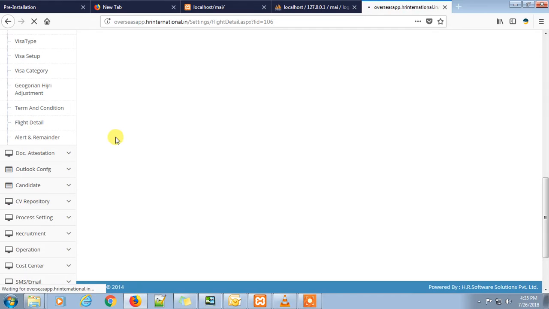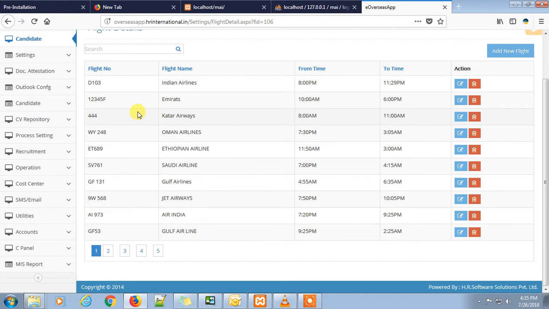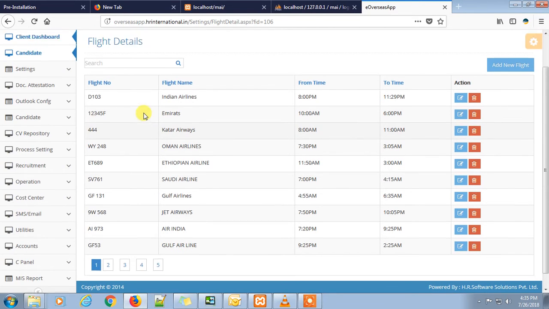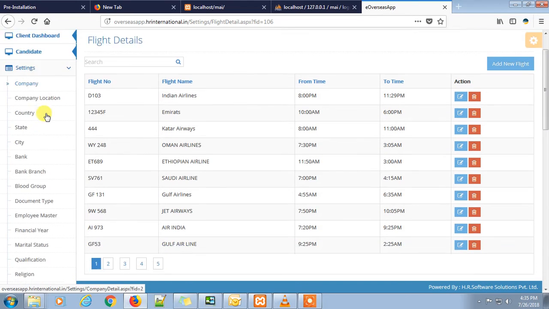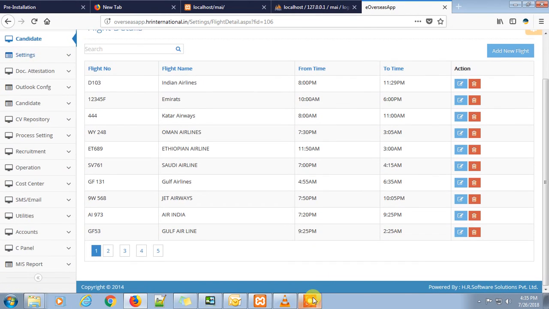And this is the flight detail. Here you can see which flight we are maintaining over here, and this ticket will be issued to the client while they are flying abroad. This is all with the setting part. Rest I'll show in the subsequent